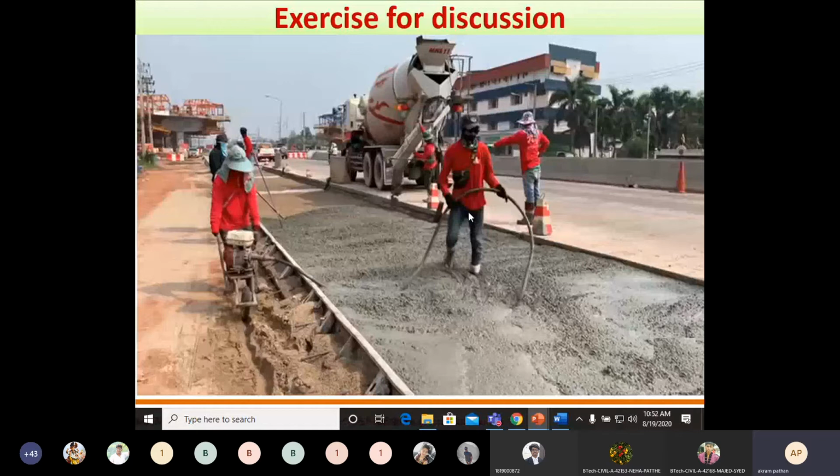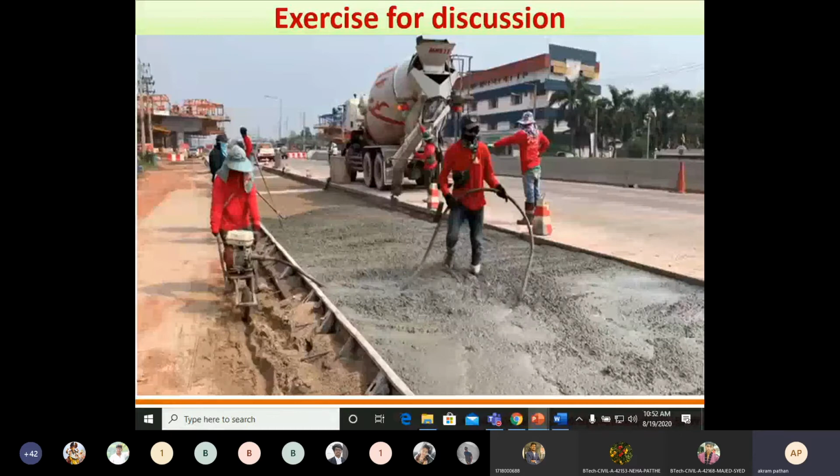So the vibrator is used for what purpose? Anybody unmute and tell me for what purpose we can use a vibrator? For the compaction of concrete. Void removal. Yes. The second important point is to remove the voids.